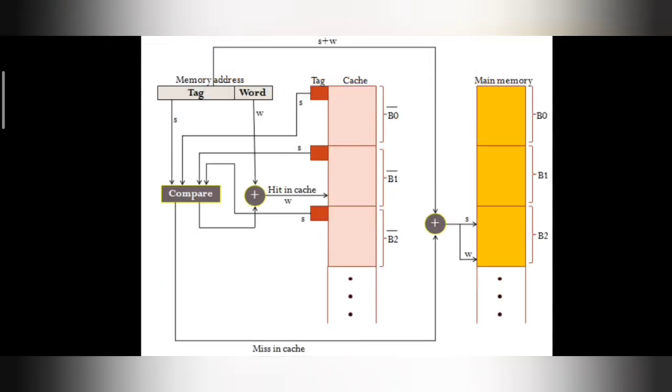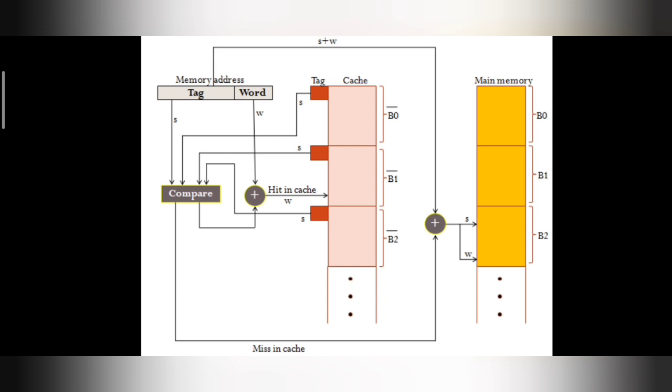So, this statement will get clear once you see this diagram once again. I'm not taking this diagram again into detail, but just figure out some important things. Here, the memory address is divided into just two parts, tag and word. My entire memory address, S plus W, is going to be used to refer to the main memory. S bits will be used to identify a particular block in the main memory, and W bits are going to be used to read a particular word in the block.